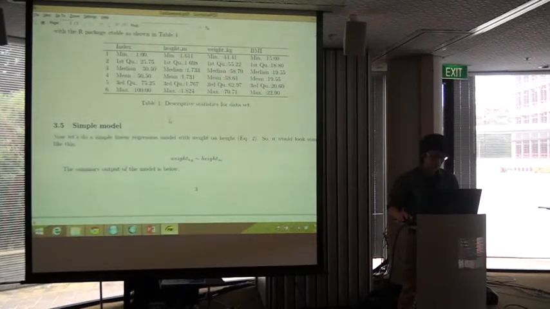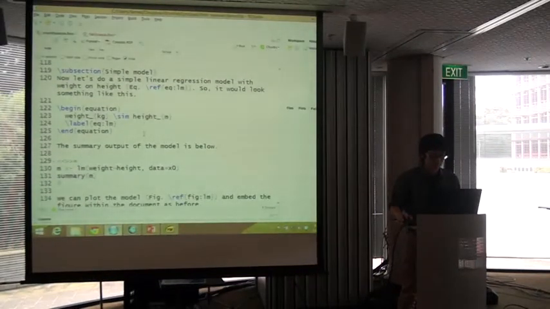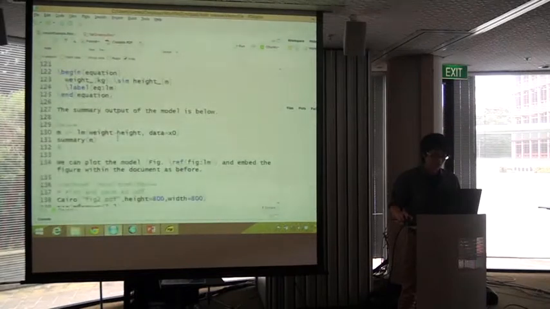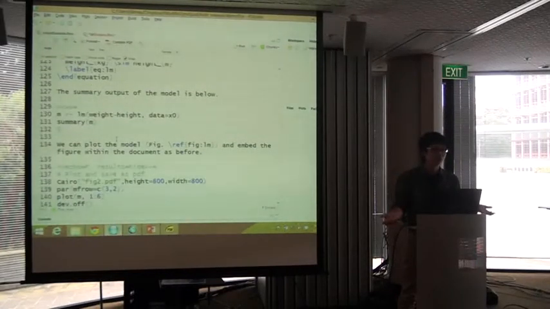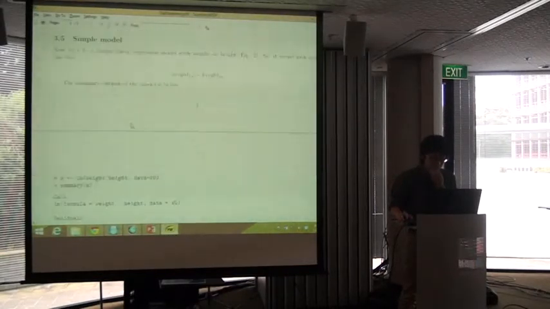Okay, so this simple model here is a bit silly, but I'm sure everybody knows what happens. I already talked about weight, so I wanted to see what the relationship was between weight and height, just to be simple. In the summary of the model, you can't really tell what happens, but